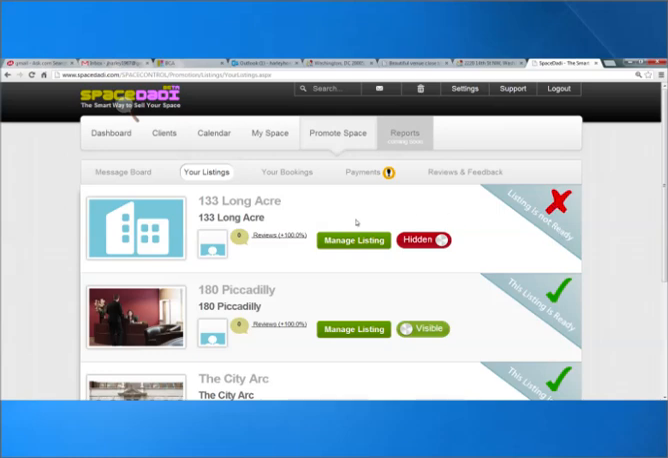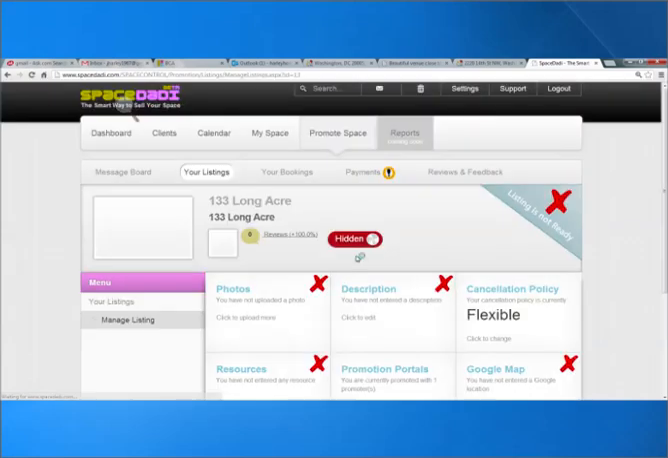So what we must do is click into Manage Listing. Once we click into Manage Listing, we are now able to upload information about this location. So the first place to start is to add photos. The warning here tells us that the listing is not ready and that it is currently hidden from any promotional portal. So go through each of these sections, the first one here being photos, and what this does is